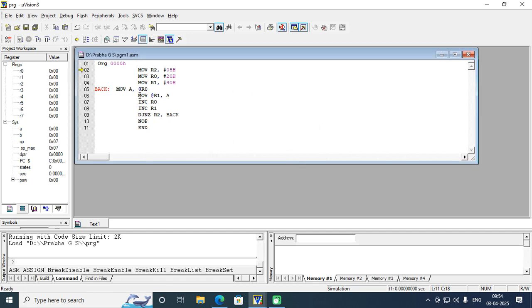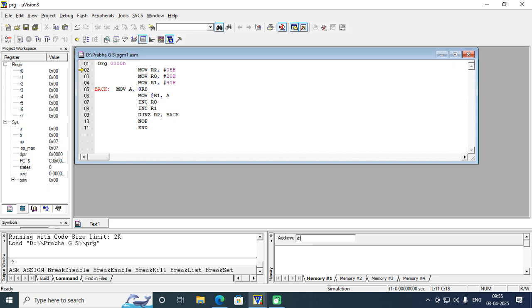So here what we need to observe, you can observe all the registers from R0 to R7, A, B registers, and DPTR, PC, all the registers present in the 8051. But along with the registers we are using the memory location. So the memory also we need to specify, but both are internal memory.